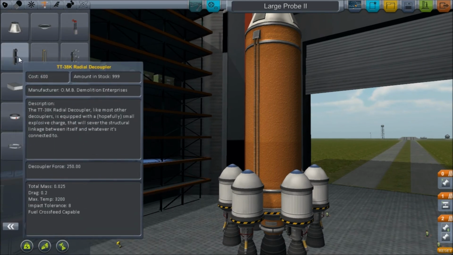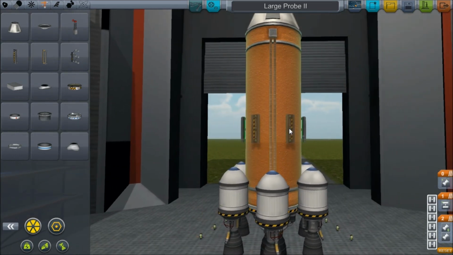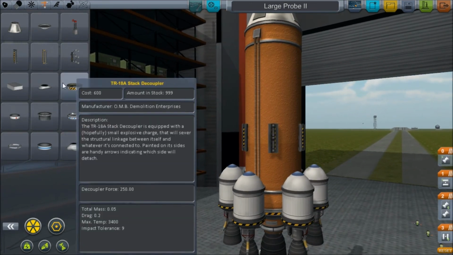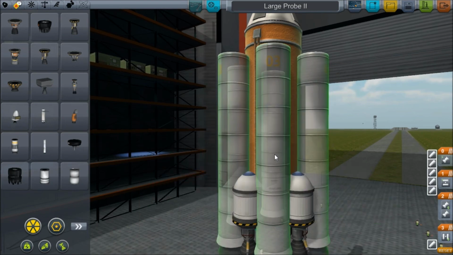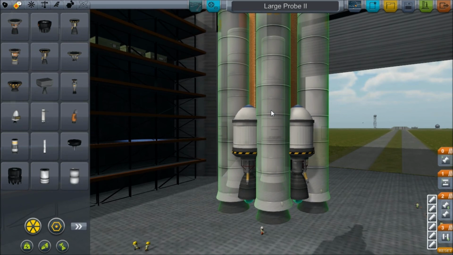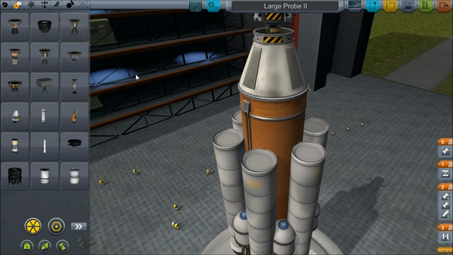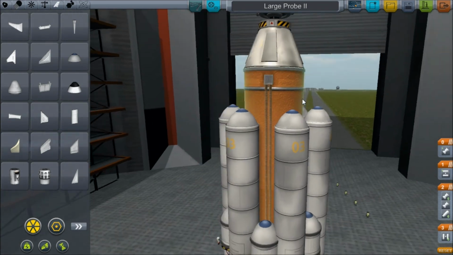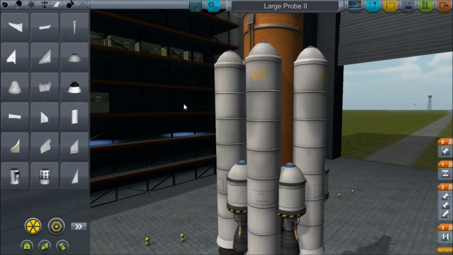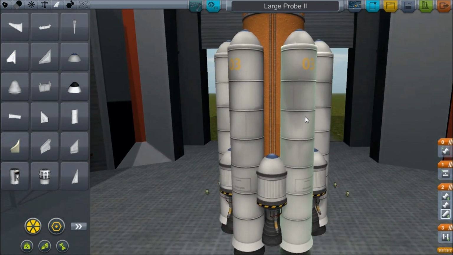And then we'll get these decouplers so we can get some boosters. Put them like right there. And hopefully we can get lots of boosters. Yeah, they fit. Okay. Let's put them down as far as we can, pretty much. And then cap those off as well. Okay. Hopefully, this has what it takes to get into space. Actually,